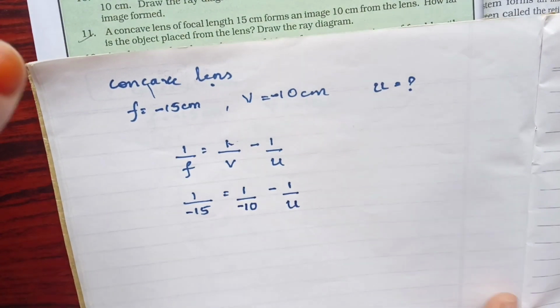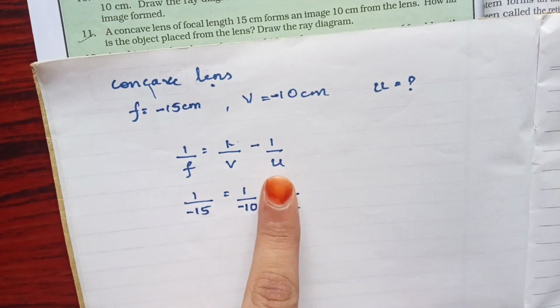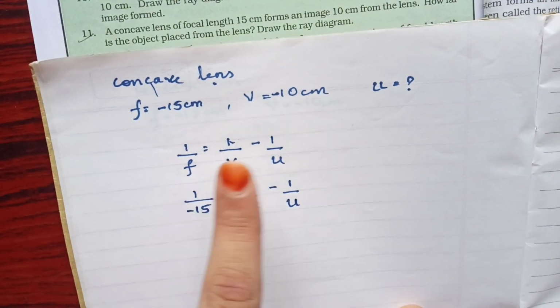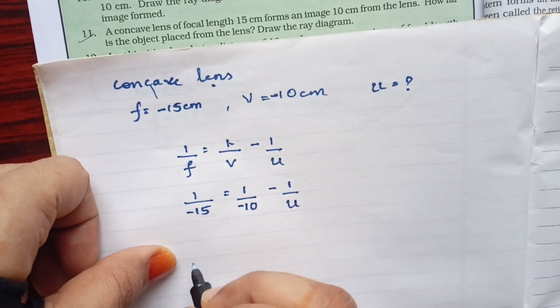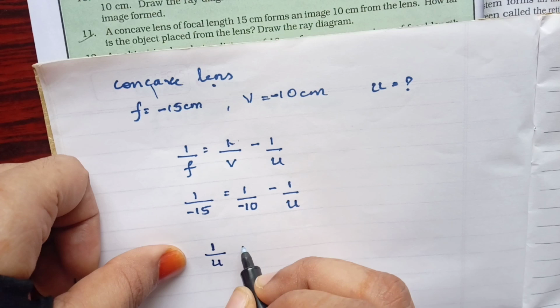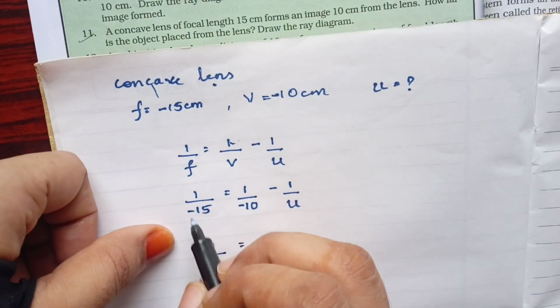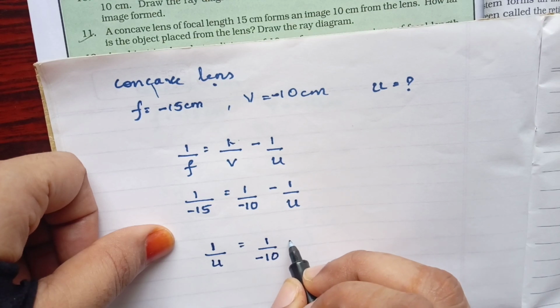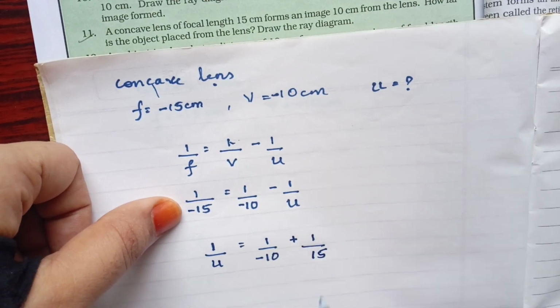Now, as usual, to solve it, what we are going to do is change the alphabet part and the numerical part. I'll bring this over here and this over here. This two will interchange its places. So when minus 1 upon u comes over here, it becomes plus. So I'll not write it, is equal to, I already have here 1 upon minus 10. This, when it comes over here, see, it has a minus here, it's going to be plus.